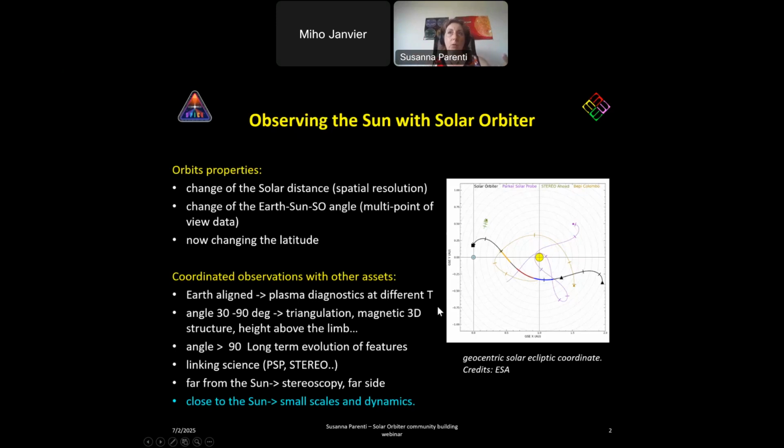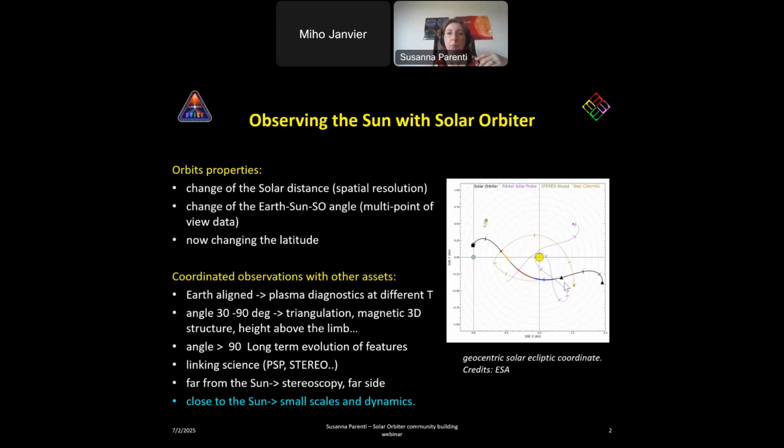I just noted here a few aspects that should be taken into account, depending on what you want to do. When you are Earth aligned, you can do plasma diagnostics over multiple temperatures using ground-based and other assets. When the angle is below 90 degrees, you can do stereoscopic observations, so triangulation. You can try to come up with a 3D magnetic structure and measure the heights of features from the limb, for instance. And when the angle with the Earth is above 90 degrees, you can